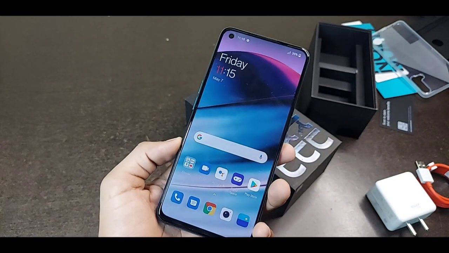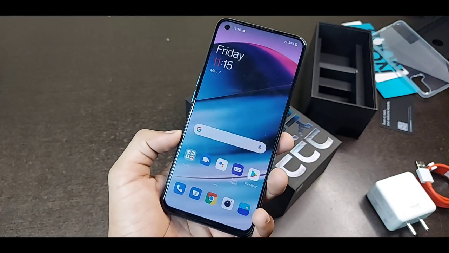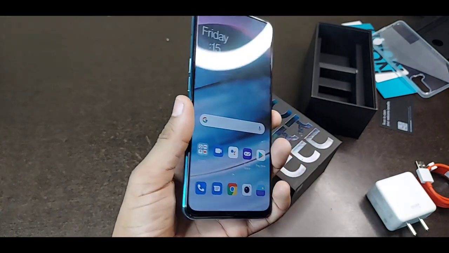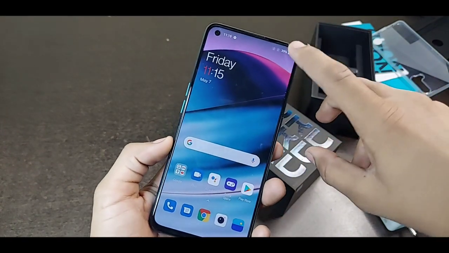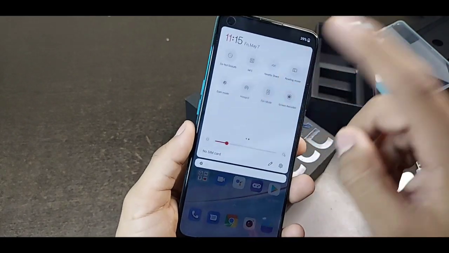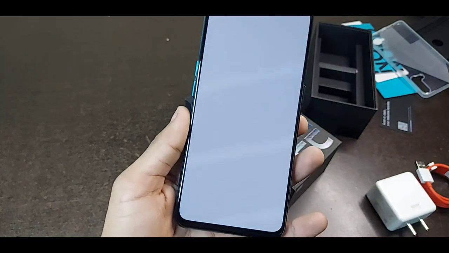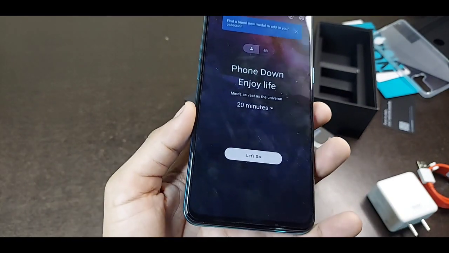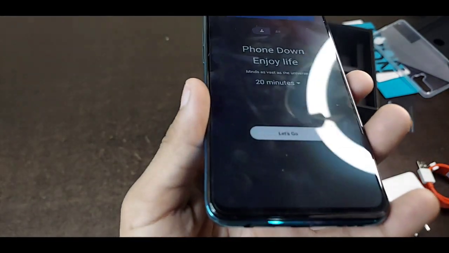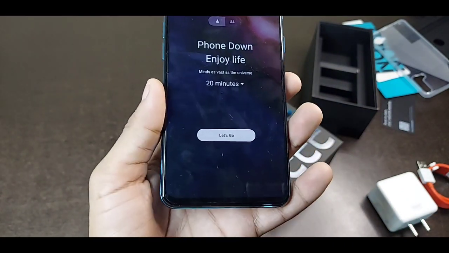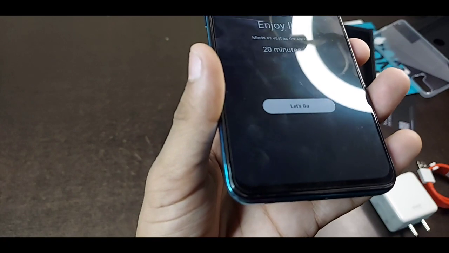Guys, if you want to get focused and you don't want to see any calls, messages or anything on your device, you can use Zen mode, because Zen mode is made just for you. This mode helps you focus on your task and it's a very useful feature. It produces some natural sound to keep you engaged in your activity. You can experience this sound.